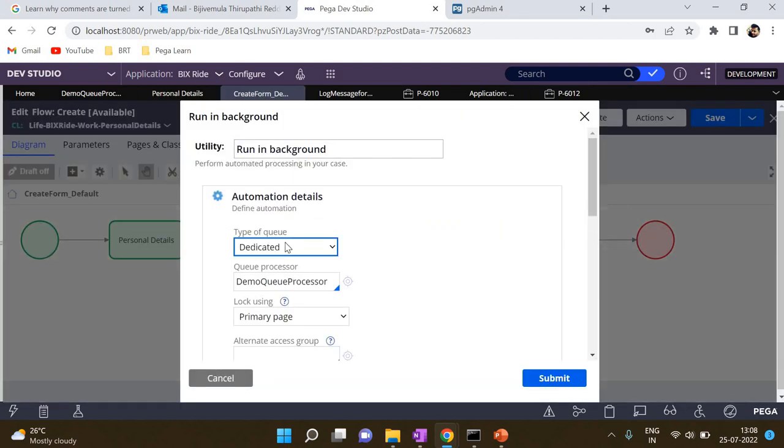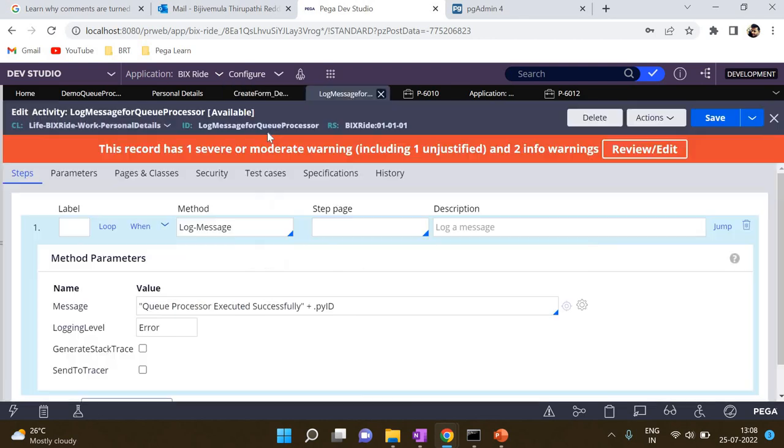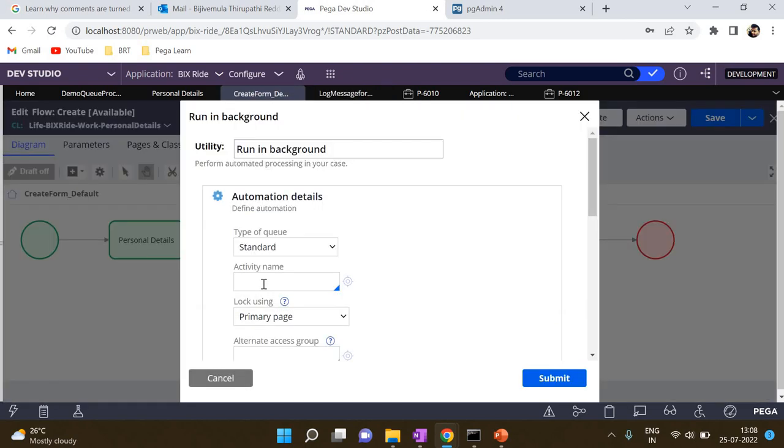So here we have two options. One is standard and the other one is dedicated. When we select dedicated, it will ask for the queue processor. Instead of that, if I go with the standard, it will directly ask for the activity name. So like this, we can directly configure it in the